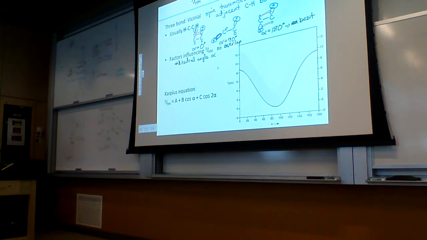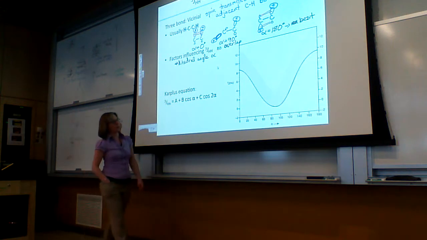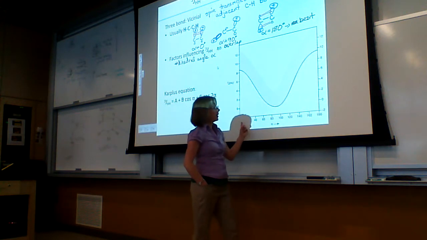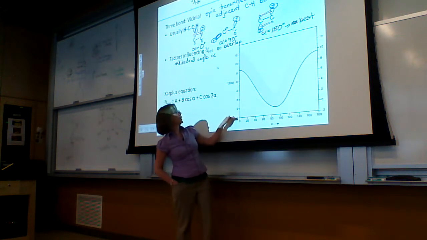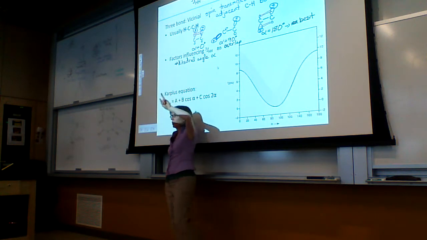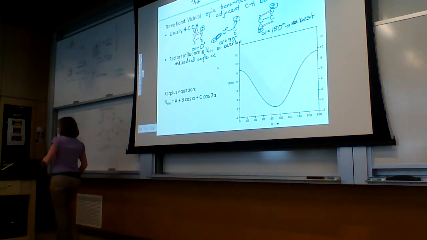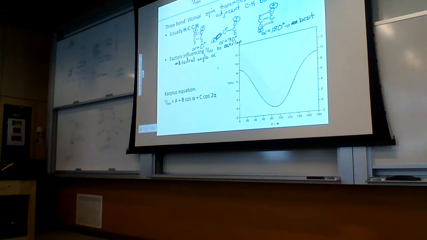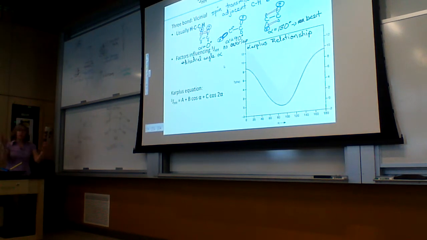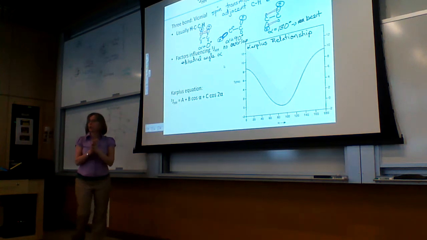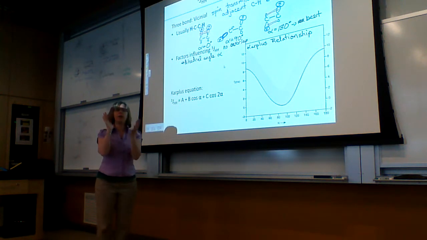We have our dihedral angle of alpha, and this is a graph that represents the angle alpha versus the three-bond coupling between the two hydrogens. And this is called the Karplus relationship, because Karplus studied all sorts of different compounds and determined that there was a correlation between the angle and the coupling constant